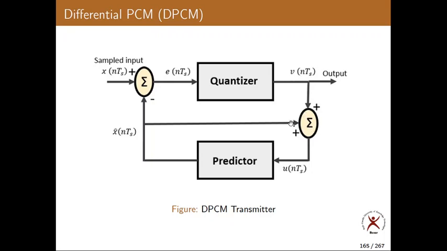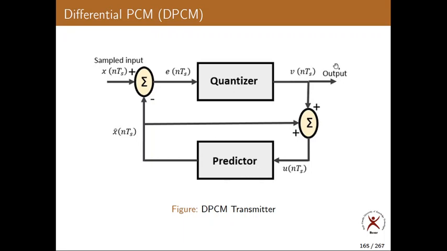Okay. Now can you tell me? We have two summers. What is the input first of all? Input is V of nTs and X cap of nTs. Now the output of the summer is U of nTs, that is V of nTs plus X cap of nTs. You write down all those things on a piece of paper, to avoid any confusion. So to the predictor, the input is U of nTs. The output is X cap of nTs. So we have one quantizer, two summers, one predictor.